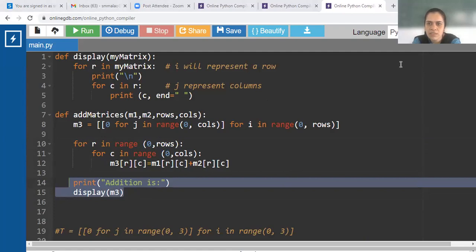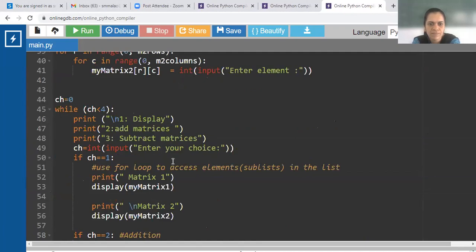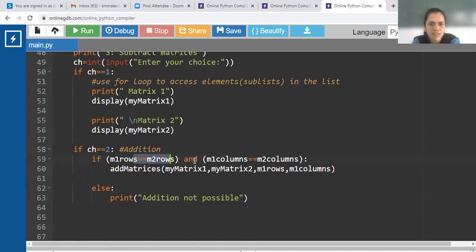Yes, both the conditions were true. Have I missed something? Yeah, these were same rows and columns, so both the matrices were same. Yes, have I missed something? Yes, can you check?